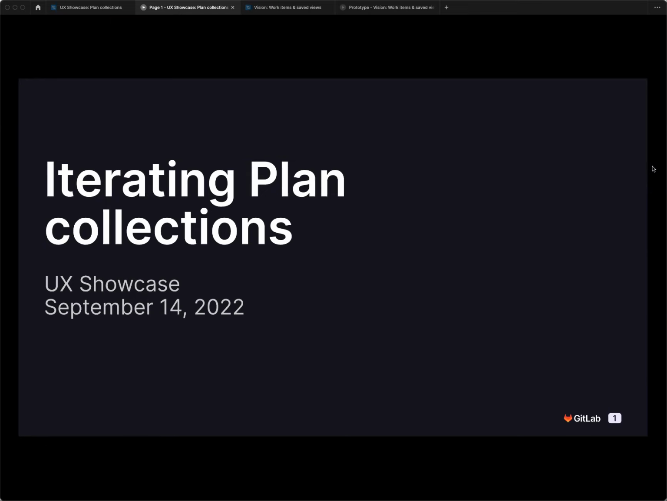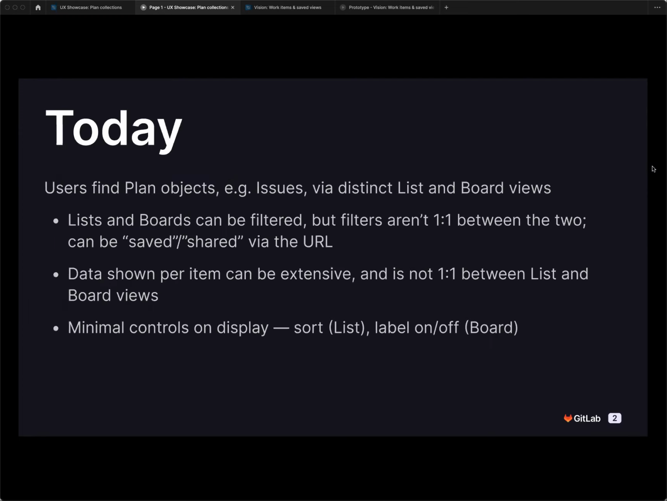I'm Nick Leonard. I'm the product designer for the Plan project management team. I'll talk a little bit about plan collections and specifically lists and boards. There are other collections like roadmaps that are out there and certainly would be considered, but are not so much the focus today. So, everyone here is, I'm sure, used lists and boards and probably is aware of some of these,